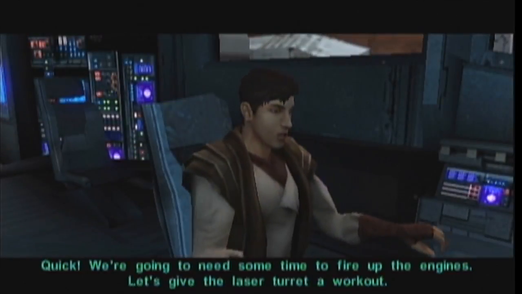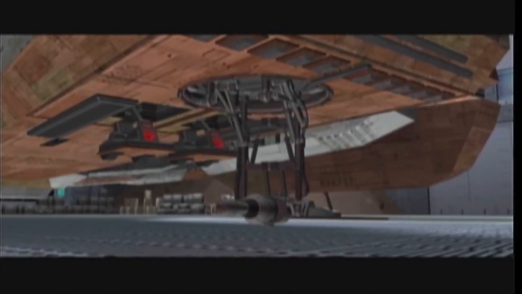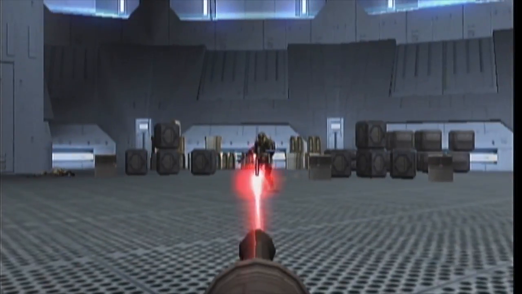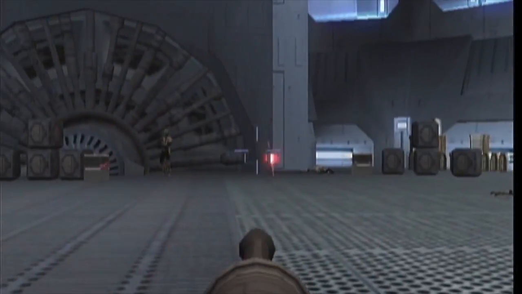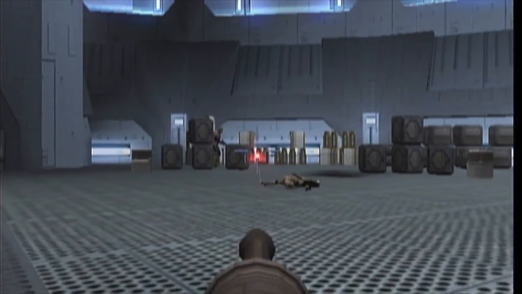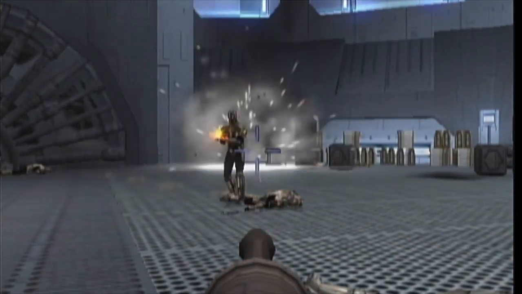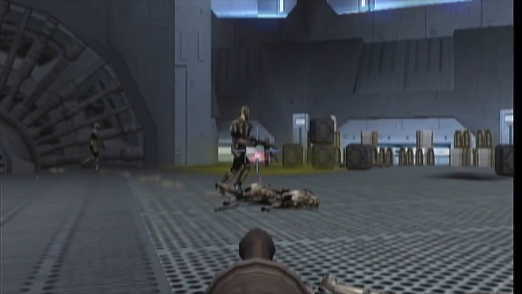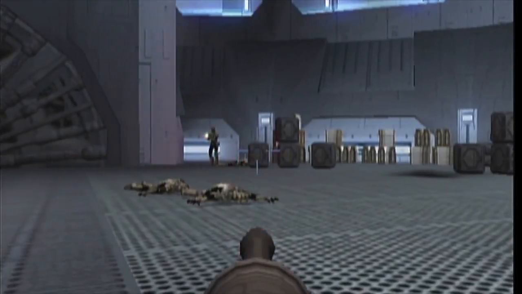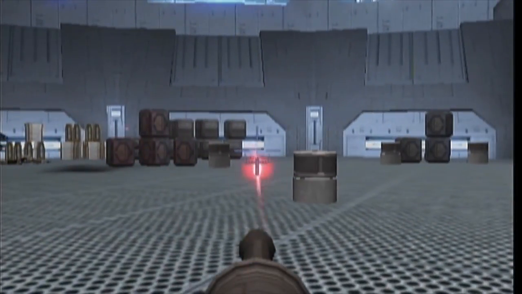Quick! We're gonna need some time to fire up the engines. Let's give the laser turret a workout. Oops. Didn't mean to explode that just yet. And yes, you can just kind of sort of sit here and just fire. They will walk right into the lasers. Pretty much. You just have to like kind of sort of pick a spot and...